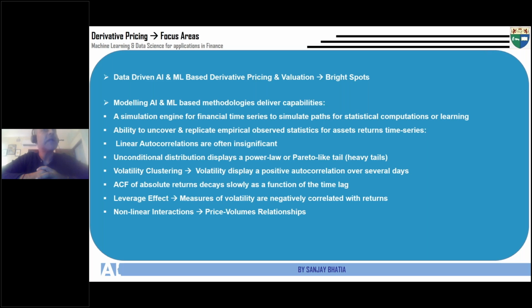displays power law or a Pareto like tail. Now this is also very important: under our traditional or conventional model, we very conveniently make an assumption time and again that the stock prices or asset class prices are log normally distributed, right? Log normally distributed means that tails are not that heavy, not that long, not that thick, not that stretched out, and